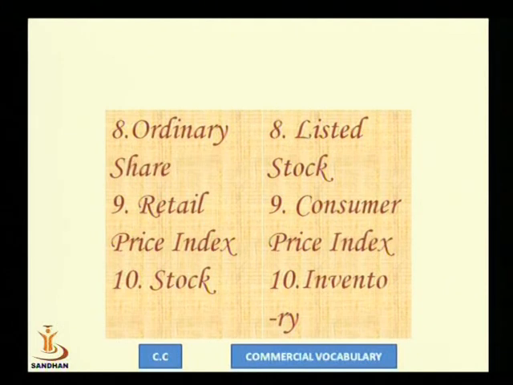The ninth term is retail price index, for which the American term is consumer price index. This is a measure of inflation published monthly by the Office of National Statistics. Now what is the work of National Statistics? The National Statistics keep a record of all kinds of money exchange that have taken place over the course of a week. Whenever you invest in a particular company, or whenever you are involved in buying shares, they depend upon the